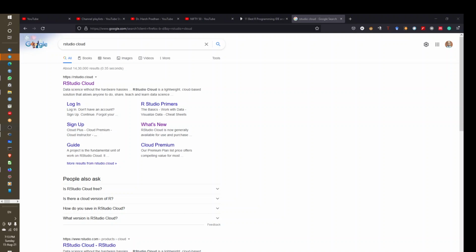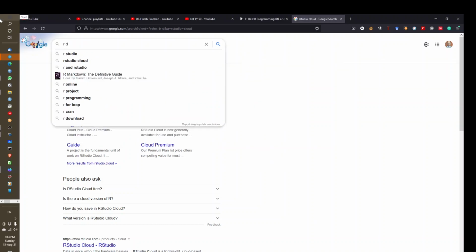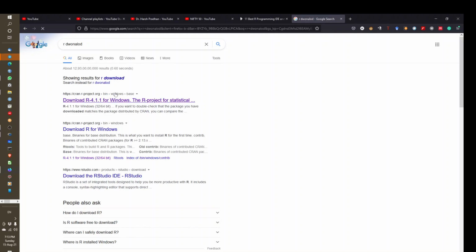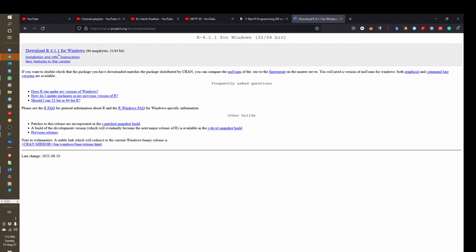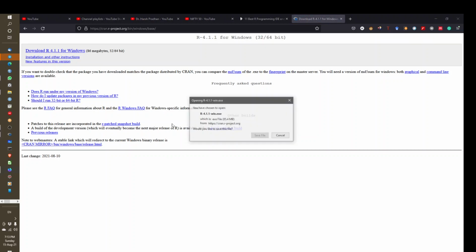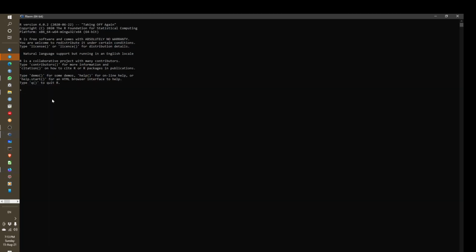We are just trying to make you understand and show how R begins, or how we start beginning R. When you go on Google and type, let's say, R download, what you get is a simple Windows based R. This R which you are getting is the R base. Please understand that this is R base, and I will just show you how R base looks like. This is what R base is.